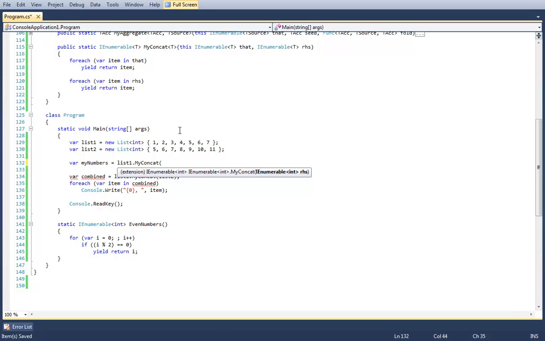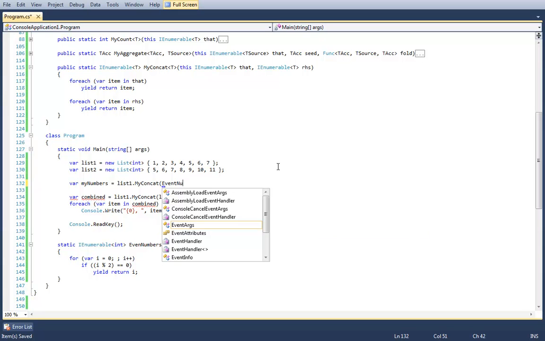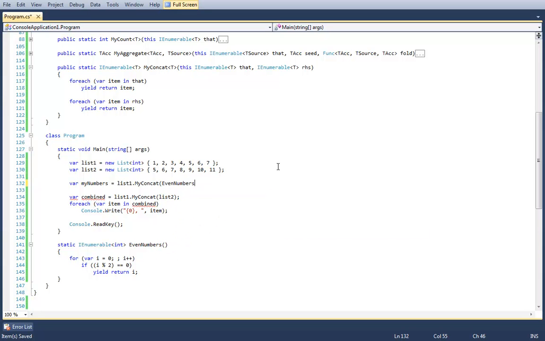I don't understand what you're not understanding. I really don't, because all you're trying to do is put in a breakpoint. Well, the opportunity for the user to stop it. Well, no. It's not for the user to stop it, for the code to stop it. So, for example, if I wanted to say list1.MyConcat, then pass in EvenNumbers, and then I only wanted the first 40 of them, I can do that.